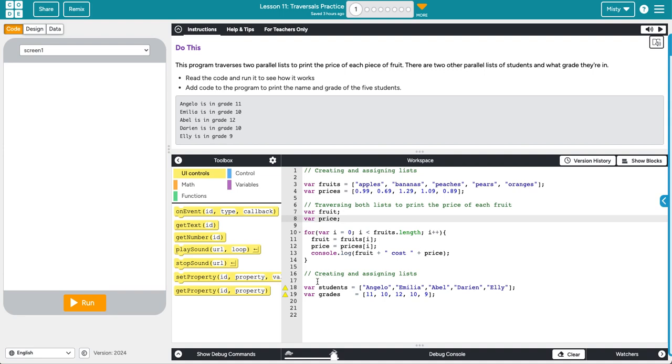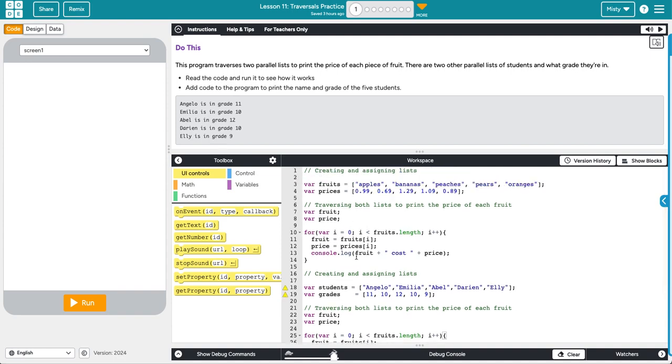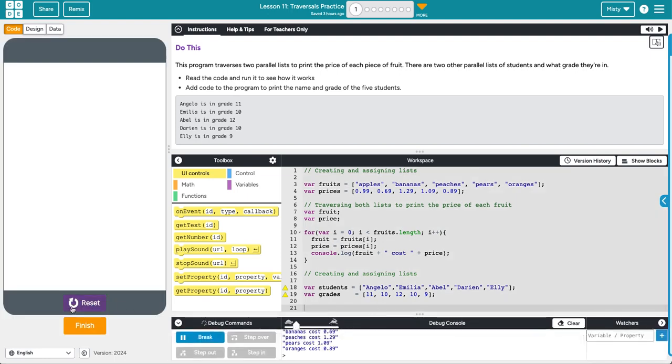Now, creating and assigning lists. All right, students is defined, but it's not called in your program. Grades is defined, but it's not called in your program. So we're going to want to kind of, I'm going to copy this, okay? Let me undo that, because let's run it first. Okay, I'm going to slow it down. But we know, allegedly, that this works because all we're doing is running this code. So if it works, why would we not